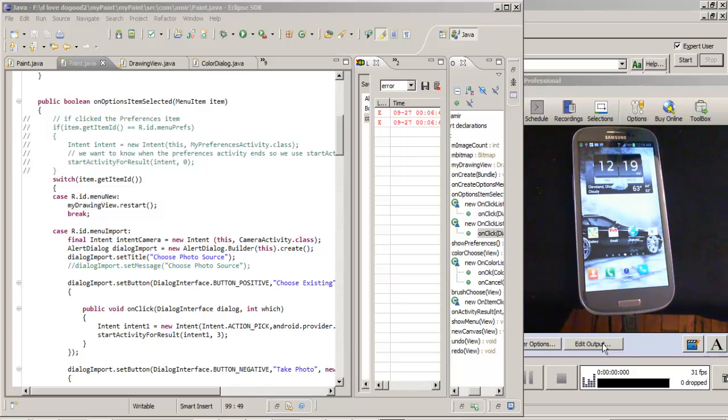Anyway, I didn't want the phone to fall asleep there. That's why I touched it. Anyway, so